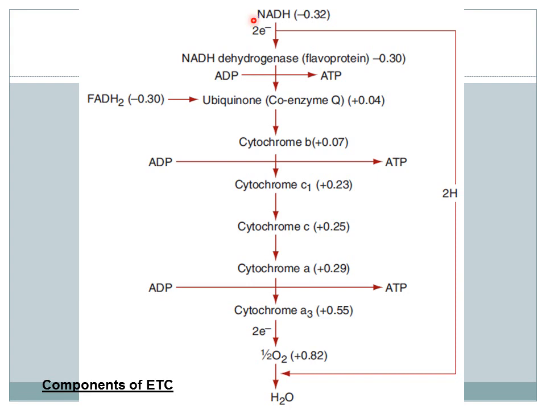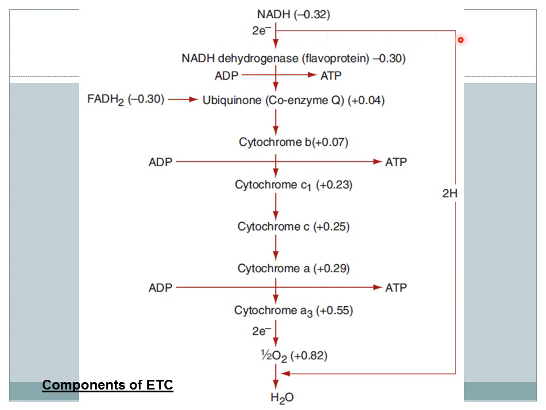Now this is the list, or this is the chain of the components of the electron transport chain. Okay, so you can see we are starting from the top with NADH, within brackets some number is written, that is known as its redox potential, minus 0.32, that is the redox potential of NADH. And this NADH has taken 2 electrons from oxidation of maybe carbohydrates, proteins or fats. So these 2 electrons are released from NADH, and the